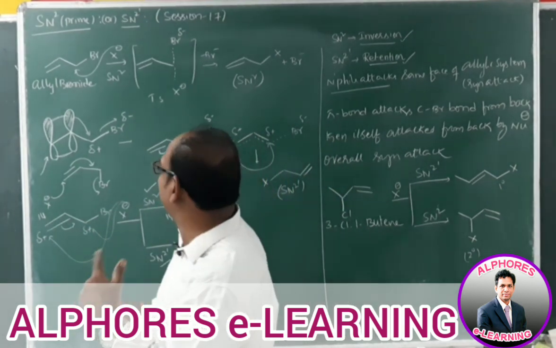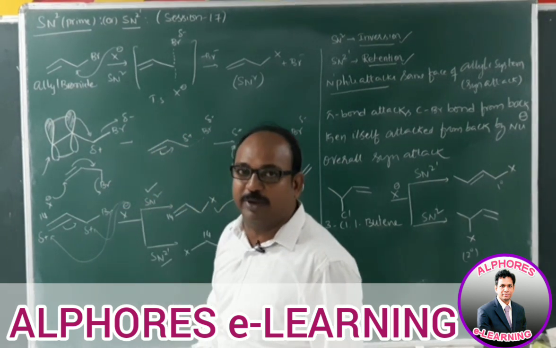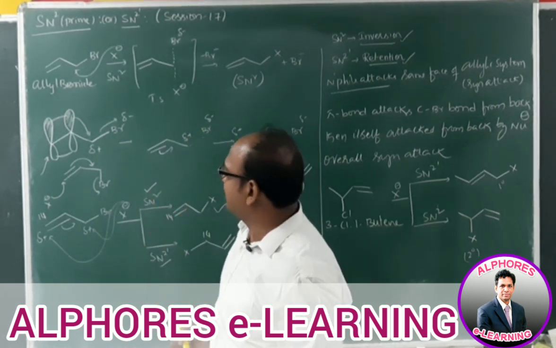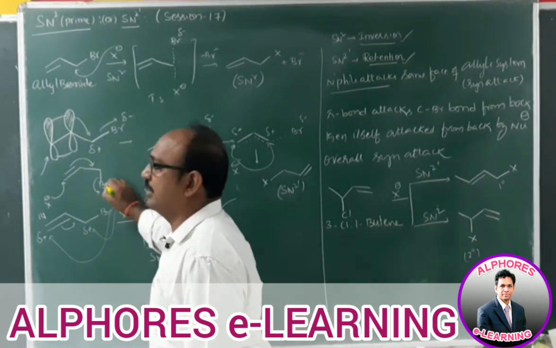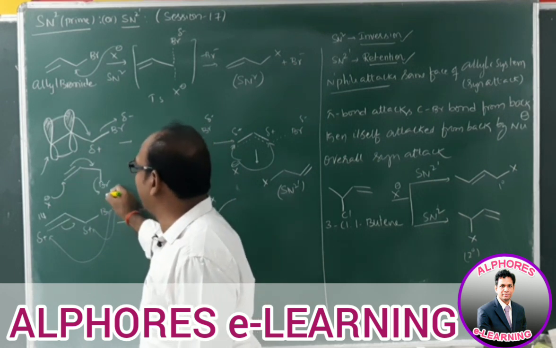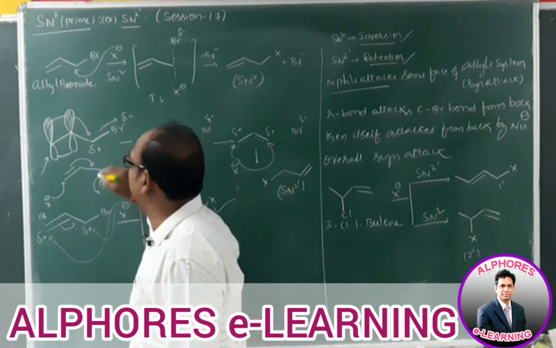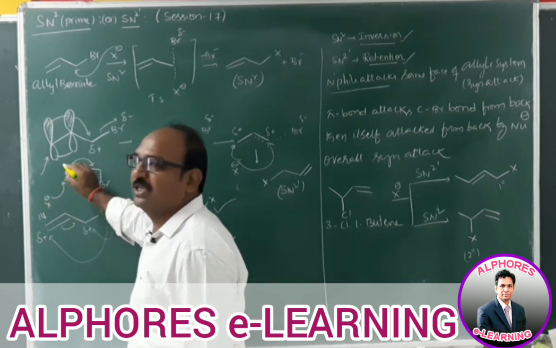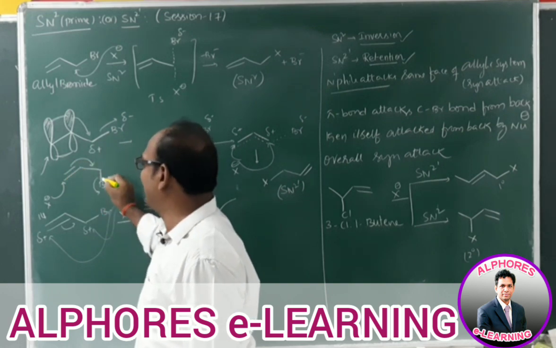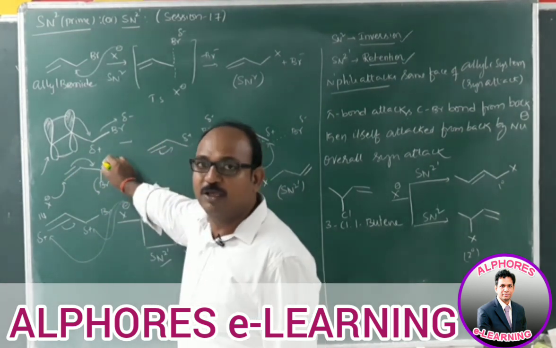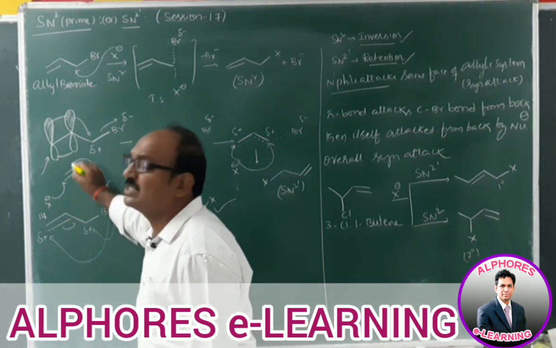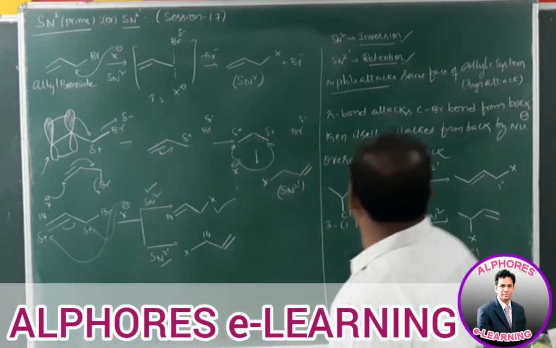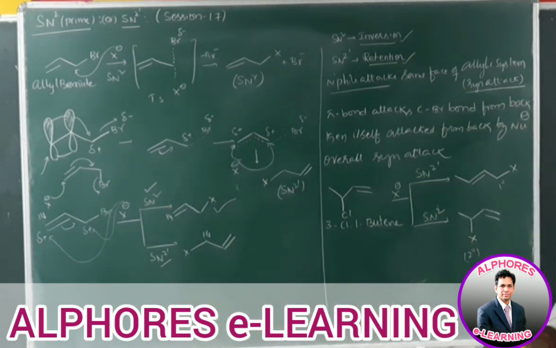How is that 2 times anti? Br comes out as Br minus and these pi bond electrons are shifted. How are these pi bond electrons shifted? In the anti position. Anti position means when Br departs, pi electrons are shifted like this in the anti position. And with respect to this pi electron movement, the approaching nucleophile again approaches anti. So in the first step, with respect to the leaving group, movement of pi electrons is anti. With respect to movement of pi electrons, X minus approaching is also anti. 2 times anti is nothing but syn. So overall we observe that it is a syn attack.